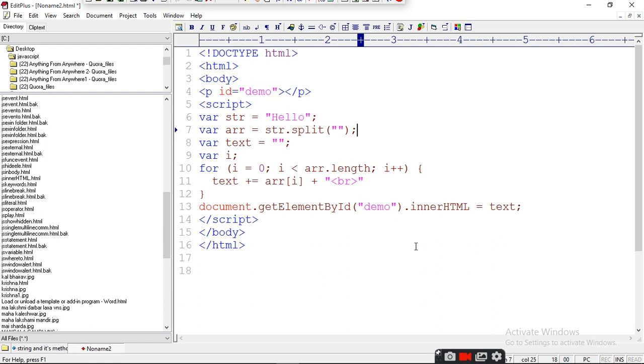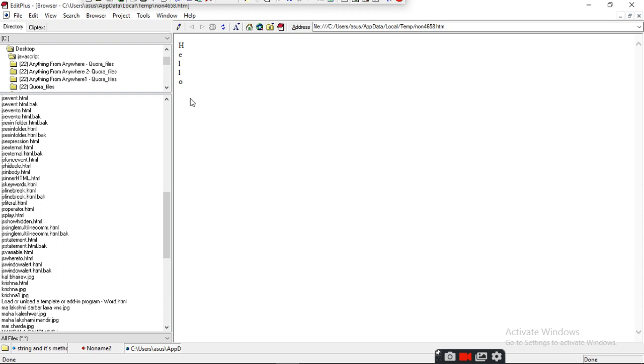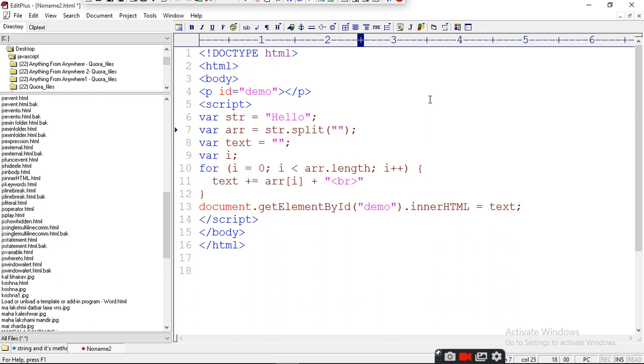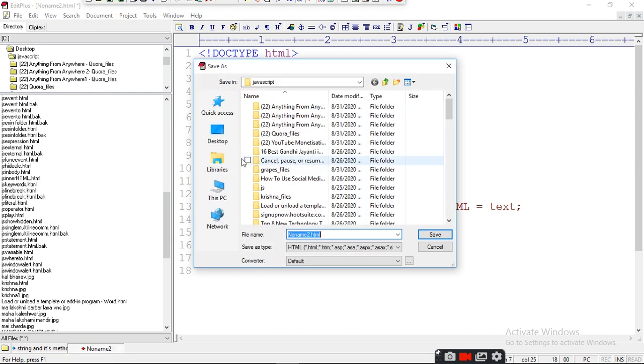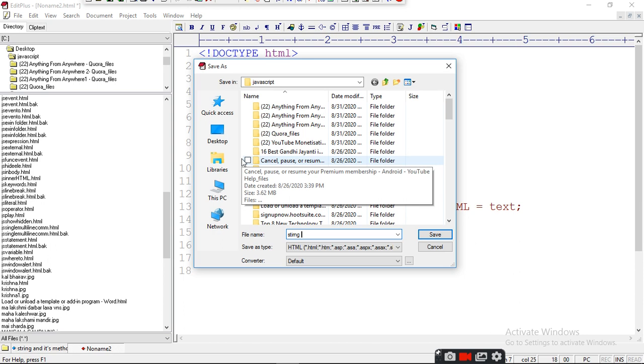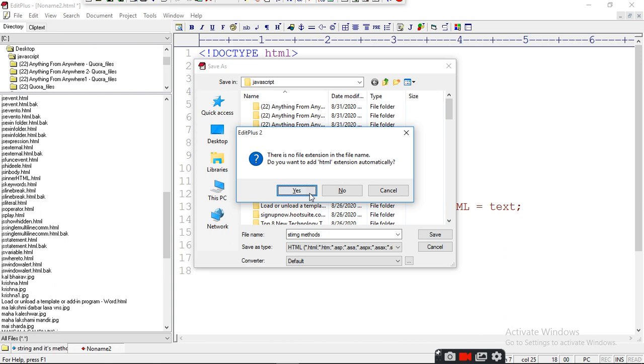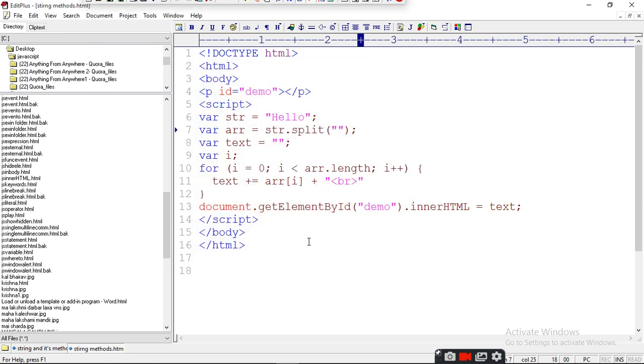It will split, meaning cut the characters one by one from hello, and it will display them on your screen. So this is the method through which we can split any string into alphabets.